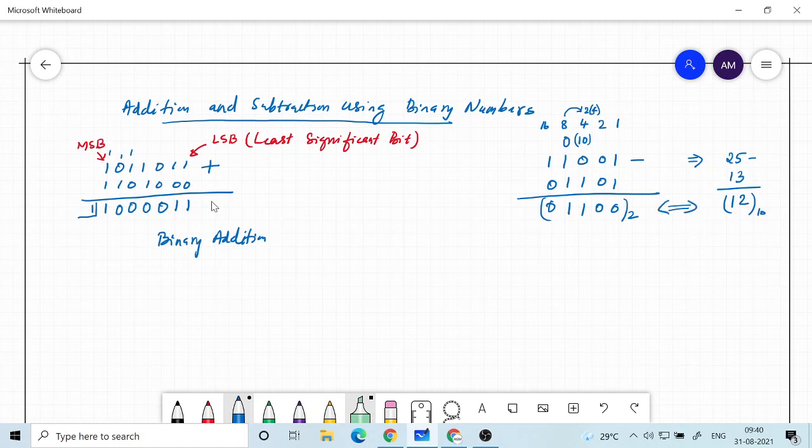Okay, so that is basically binary subtraction. We can use the carry concept: when you add the two numbers in a particular position and get a 2-digit result, you can carry it over to the next position and add it along with that. But in subtraction we have the concept of borrow, and the principle is exactly the same as in decimal subtraction. So this way you can do the mathematical operation.